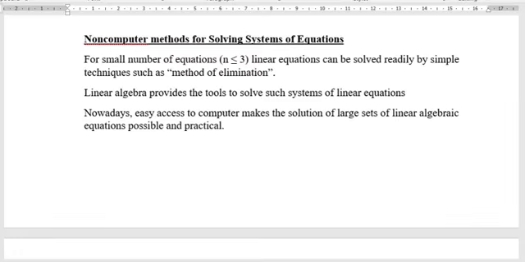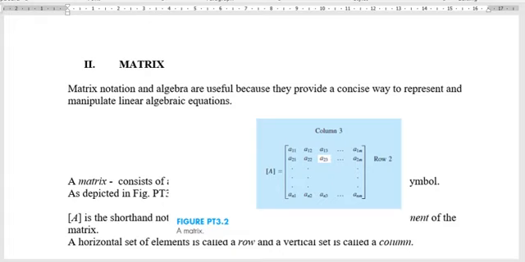But nowadays, so many access to computers makes the solution of large sets of linear algebraic equations possible and practical. Dahil sa advanced technology ngayon at mga available na software, kahit gaano pa karami yung mga unknowns, madali na lang i-compute, di ba? Before going to the Gauss elimination method, or the computer methods in computing the linear algebraic equation,